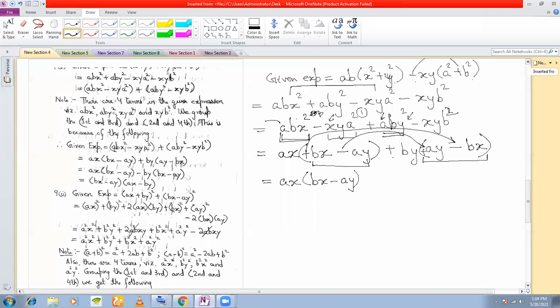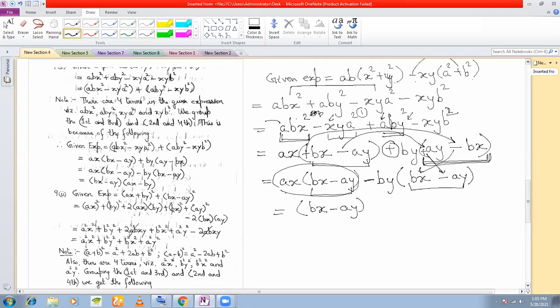Yes, what I'll do is this plus sign, I'll change to a minus sign. Once I introduce this minus sign, the signs inside the bracket here will change. That is, from minus bx, it will now become plus bx, and from plus ay, it will become minus ay. Now these two are same, see? So now I can write this as, I can take out bx minus ay. So if from this entire term, I'm taking out bx minus ay, what am I left with? I'm only left with this ax.